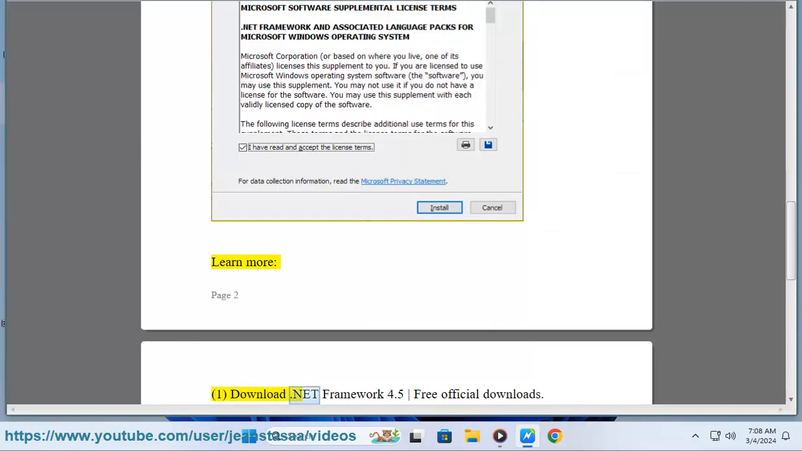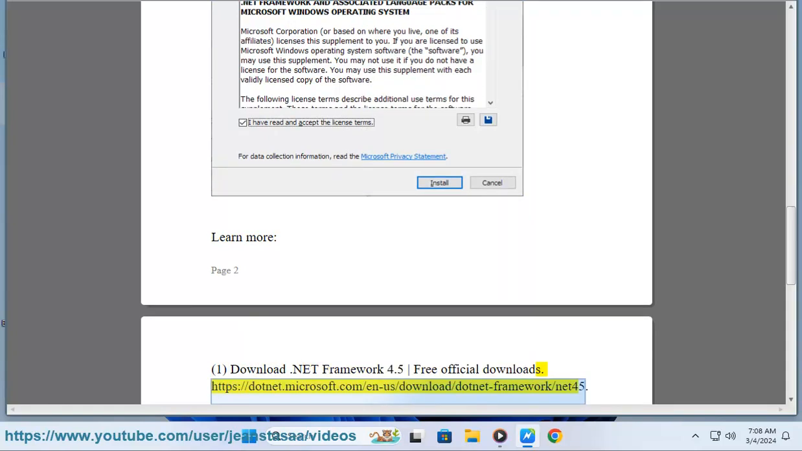1. Download .NET Framework 4.5 free official downloads. https://.net